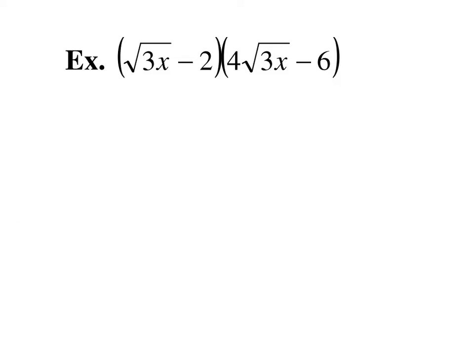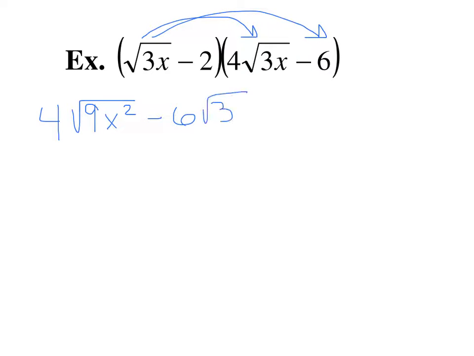So binomials again here. Outside's going to be 4. The inside is 3x times 3x, which is 9x squared. And then when I go here to here, outside is negative 6. Inside is square root of 3x. And then here to here, outside is negative 2 times 4 is negative 8. Inside, square root of 3x. And then here to here, negative 2 times negative 6